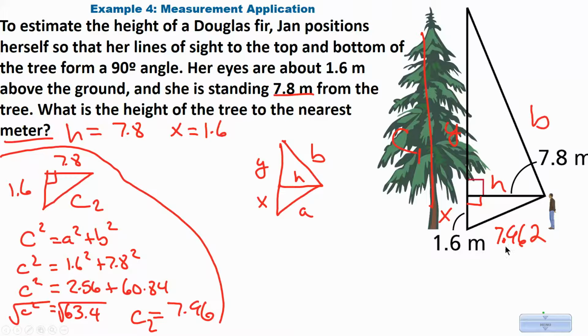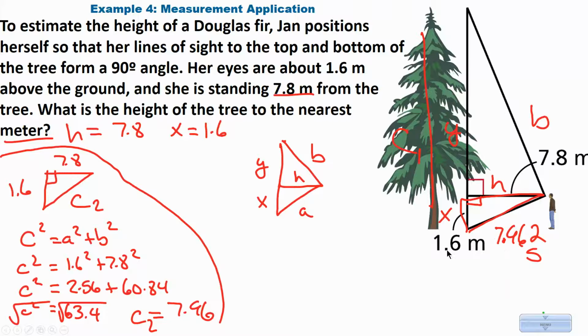We probably don't need 3 decimals, but I'm keeping 3 so that we can round to the nearest meter and know that we're pretty much correct on our answer. All right, so on a proportional, this is the small side on this red triangle,